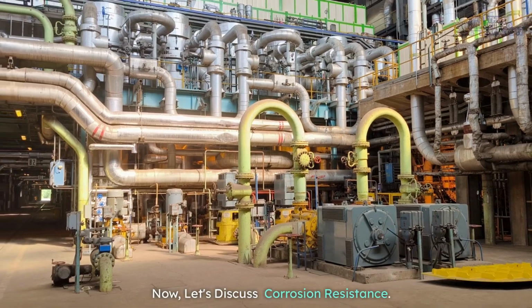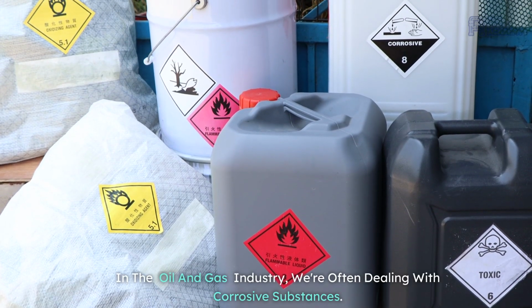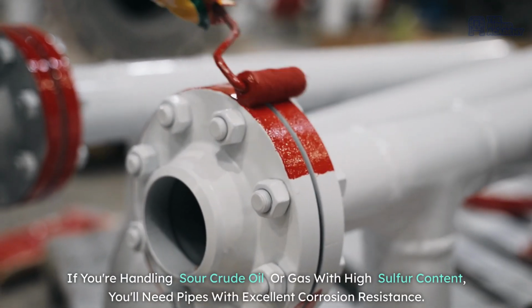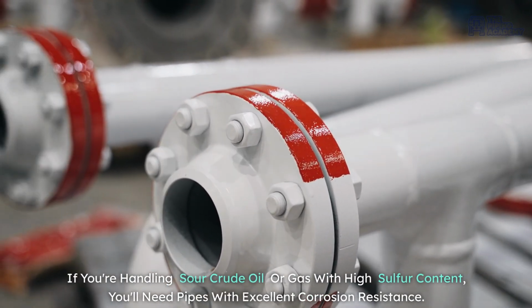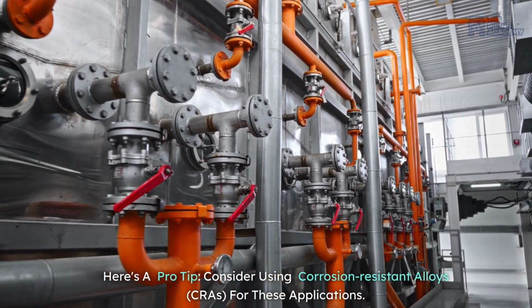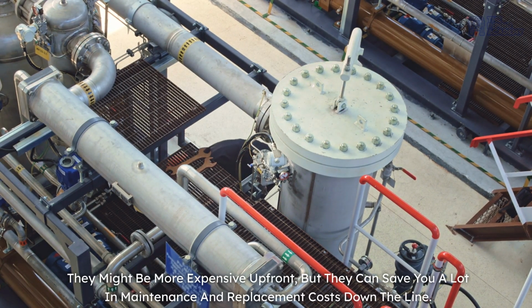Now let's discuss corrosion resistance. In the oil and gas industry, we're often dealing with corrosive substances. This is where material selection really comes into play. If you're handling sour crude oil or gas with high sulfur content, you'll need pipes with excellent corrosion resistance. Here's a pro tip. Consider using corrosion-resistant alloys, CRAs, for these applications. They might be more expensive up front, but they can save you a lot in maintenance and replacement costs down